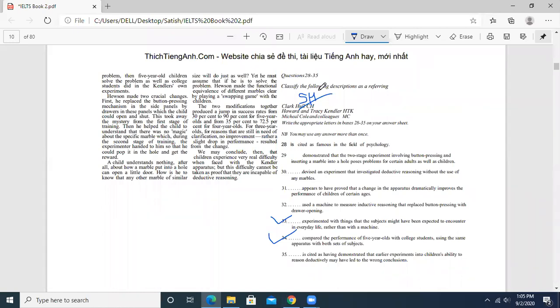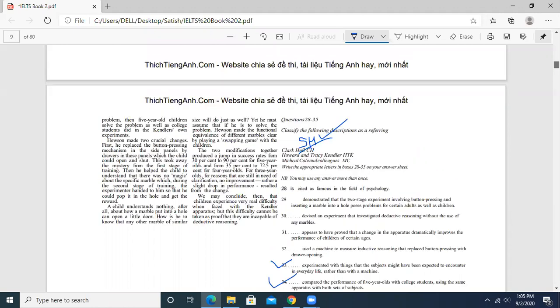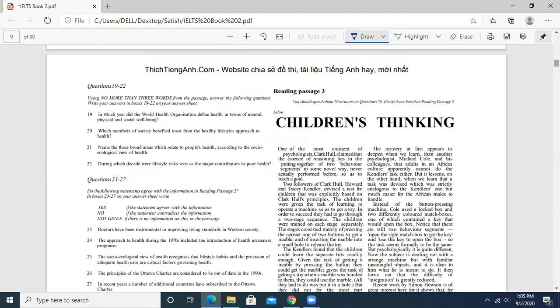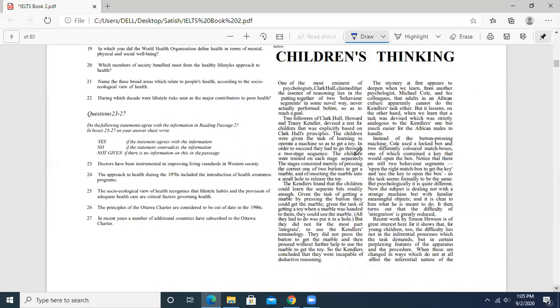So we go for these names first, and then we locate them first. And then we're going to read the location and understand the location. Then we're going to come back to the question and see if they have said the same thing, right? So we're going to go back to, I'm sure that you have found the location of these ones because they are names and they can be easily found. So Simon,